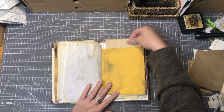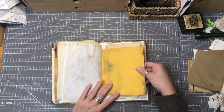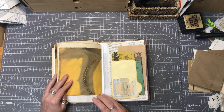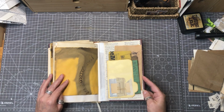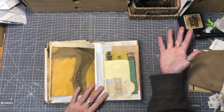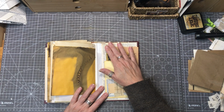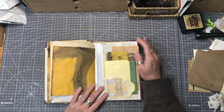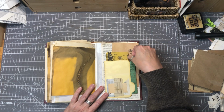Again with the book page inside, this yellow envelope is a big pocket. You see the piece of iron that rested against this in the batch dye. And in the back here we have basically a similar thing to what we had in the front. We have a card that is covered in dictionary as the inside plate, and some reproduction ephemera and some handmade